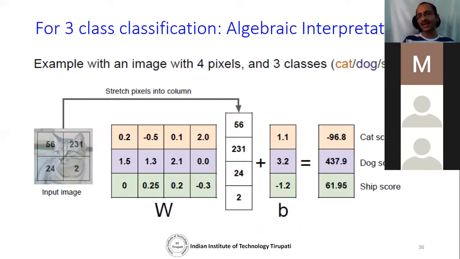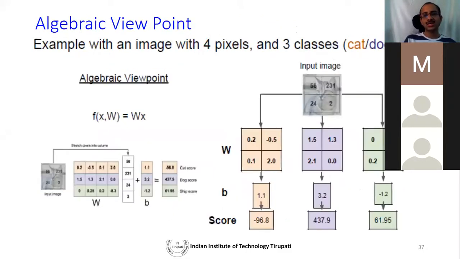Now we will see a slightly different interpretation for the same. This is referred to as algebraic interpretation, because what we are trying to see is in vector-matrix form, what the matrix W learns. There is another kind of interpretation that is referred to as geometric interpretation. There we try to see, in some coordinate system, where these different samples are, and how the decision boundaries are after training a neural network.